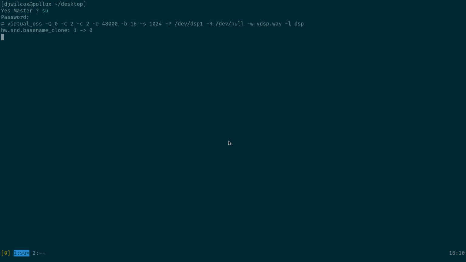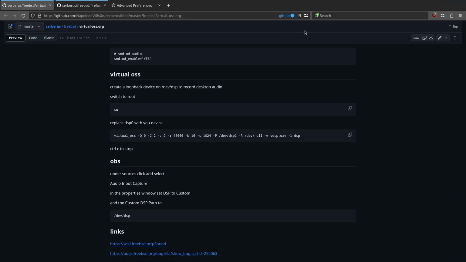Virtual OSS, that's Q0, which is quality. These are some mappings, but the channels, the audio rate, the device. We set rdev null, wvdsp.wav, ldsp, and what this does is it creates a sort of virtual device that we can use in OBS Studio. So what I'm going to do is actually switch across to OBS Studio here,